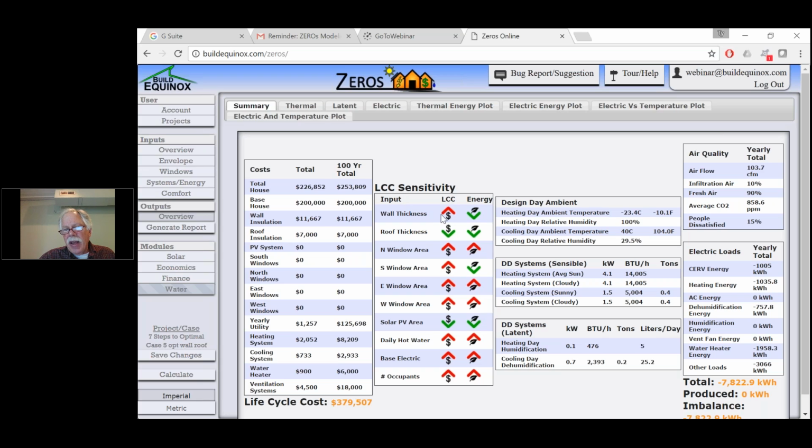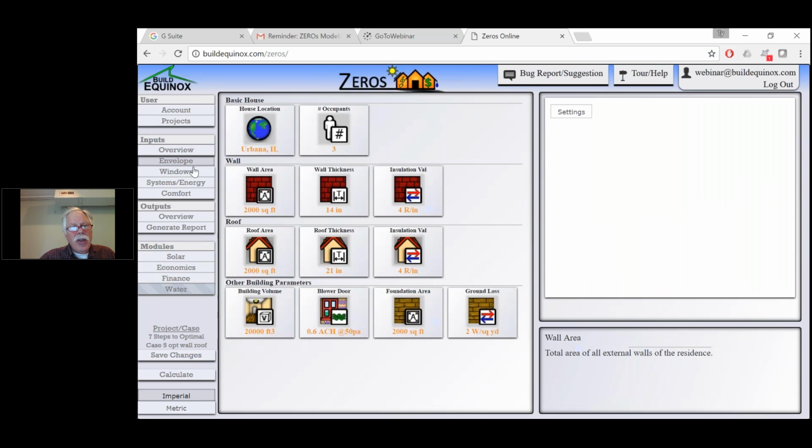We see that if I add another inch, my life cycle cost arrow now indicates any additional thickness. I'll see the life cycle cost go up. I did see an energy drop, and that's reflected over in this energy value, but overall it's saying we're thick enough economically. And if I do the same thing on the roof,